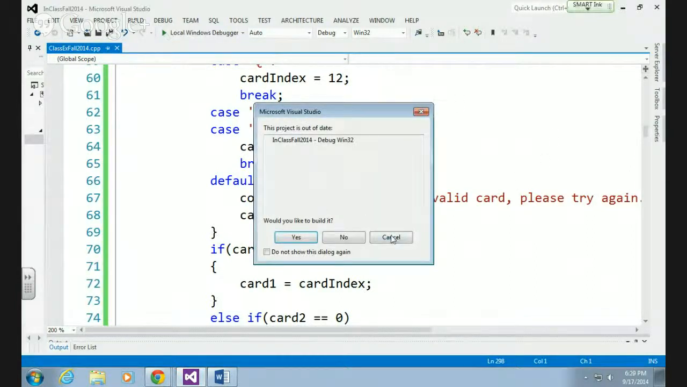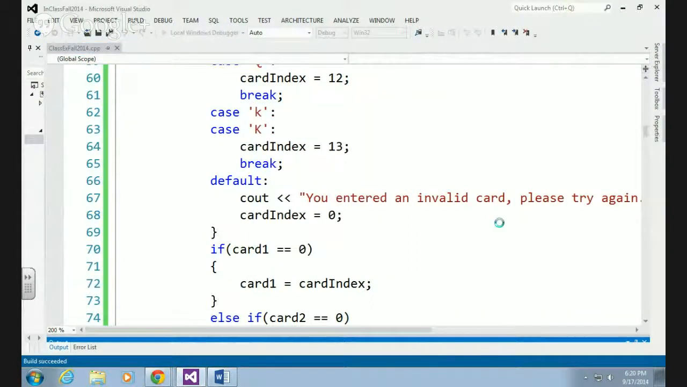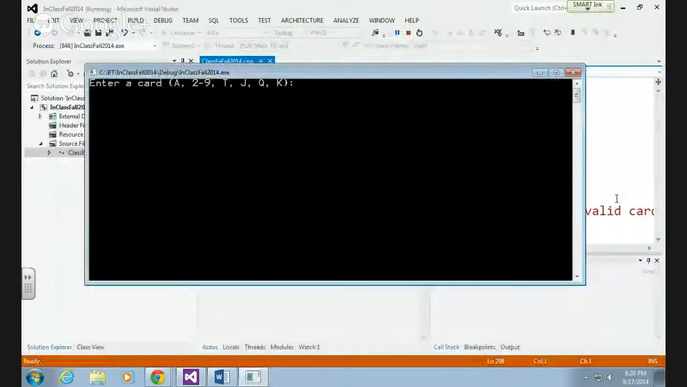So let's run that, take a look at how that works. This time I'm entering a card. I can enter any card I want to. So let's enter an ace. All right, with one ace, my